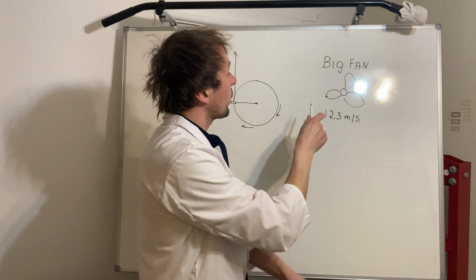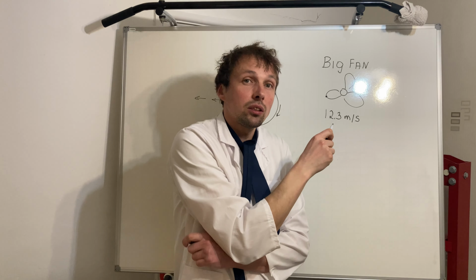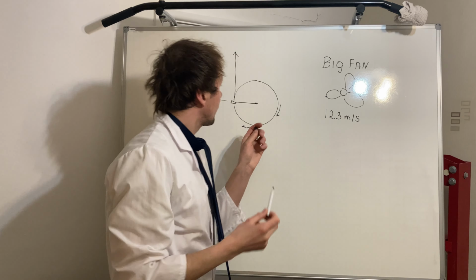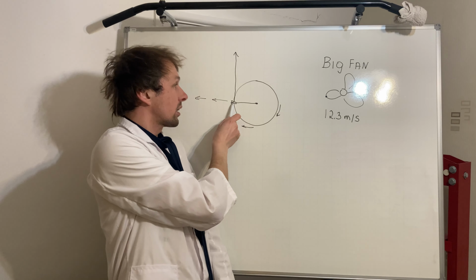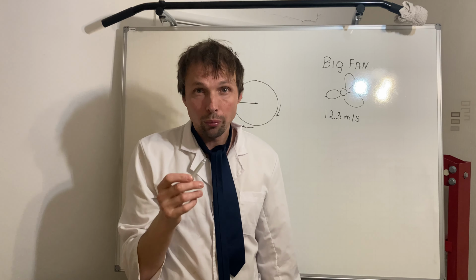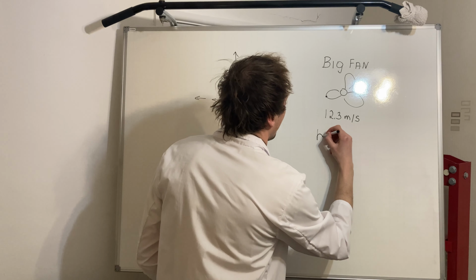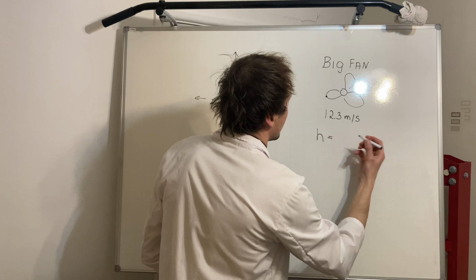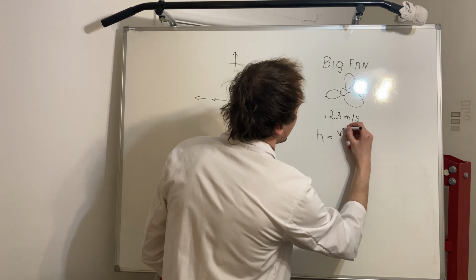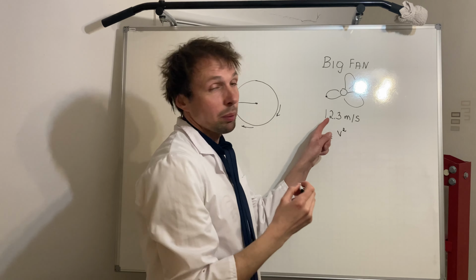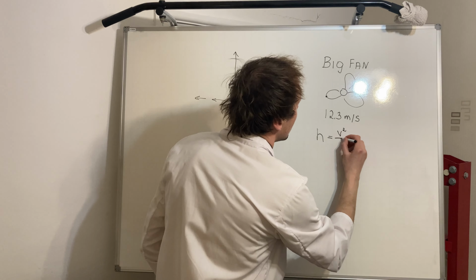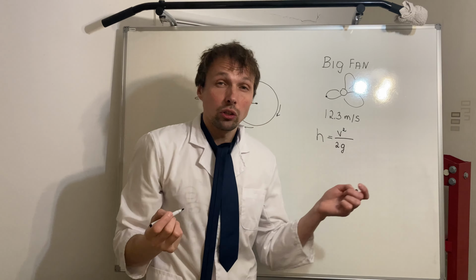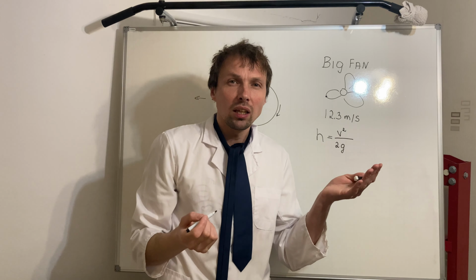So now, when we know this speed, it is very easy to calculate how high the object, the peg or whatever object, is gonna fly if it separates from the fan at this point. And for that, the formula is very simple. H, which is the height that it's going to reach, equals v squared, the speed, velocity, squared, divided by 2g, where g is gravitational constant, which is about 10 meters